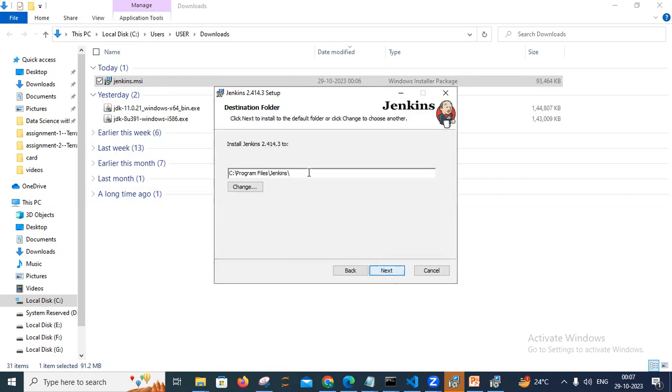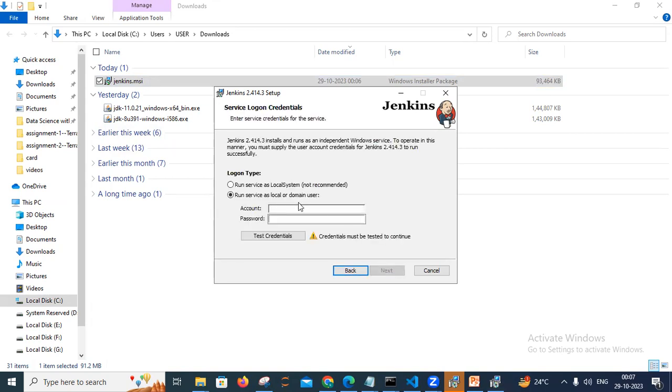We click on next, and this is the default path of Jenkins installation. We can also change the path if you wish. I am okay with this path. I just click on next, and you can add that service as local or domain user, and